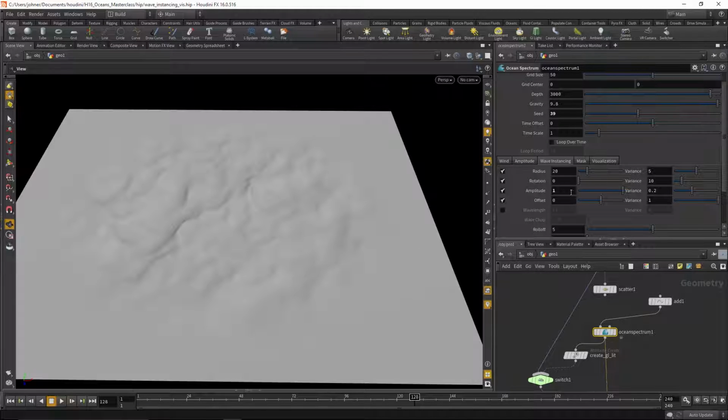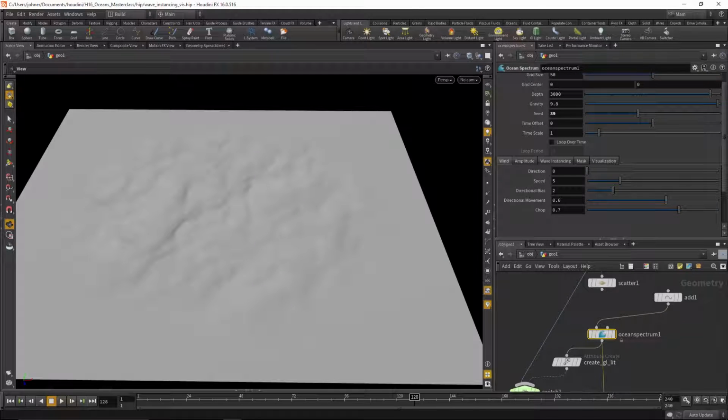So what you'll see is that we have variation on amplitude and the rotation, so I can change the rotation, and that just rotates the underlying ocean. Typically, the way you'll do this is the ocean spectrum itself, the spectrum that's being instanced onto this point, you'll leave the wind direction aligned along the x-axis. You can still change the bias and movement however you want,